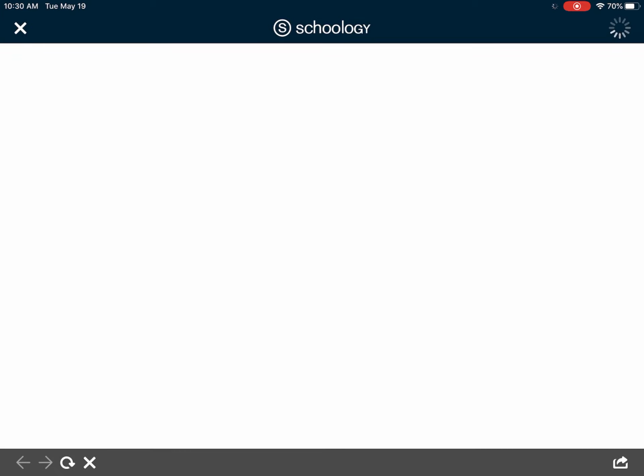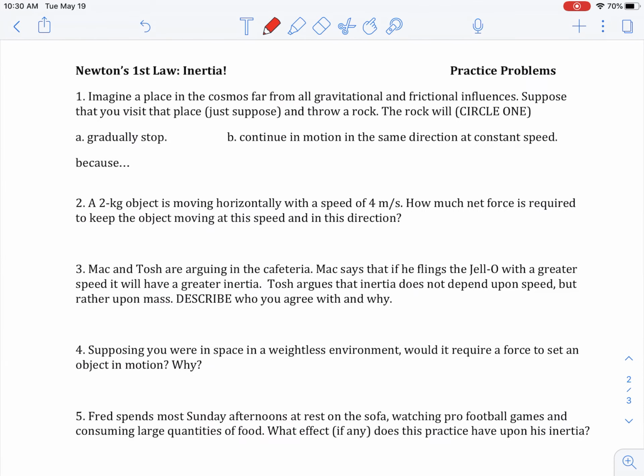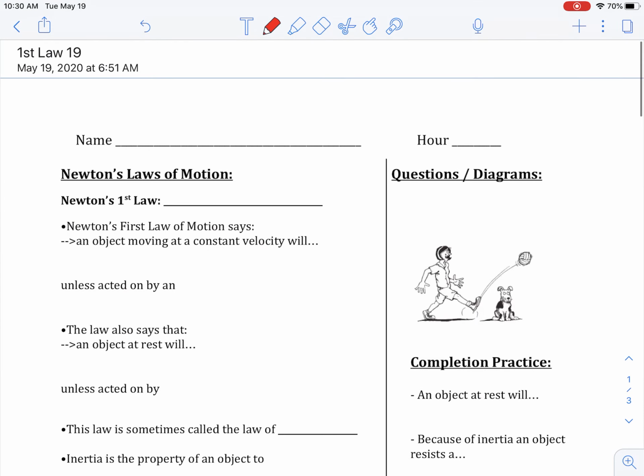That will run you through all of the notes on our topic for the day today, which is Newton's first law, which is the law of inertia. Hopefully you've heard that word before. If you've seen any Bill Nye the Science Guy videos, one of the first things they say in that video is inertia is a property of matter, and it's a very important property that you're going to learn about in